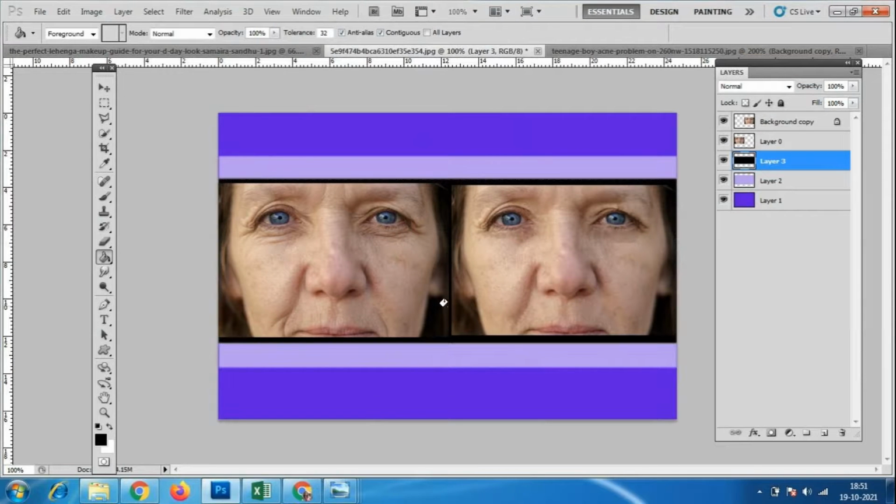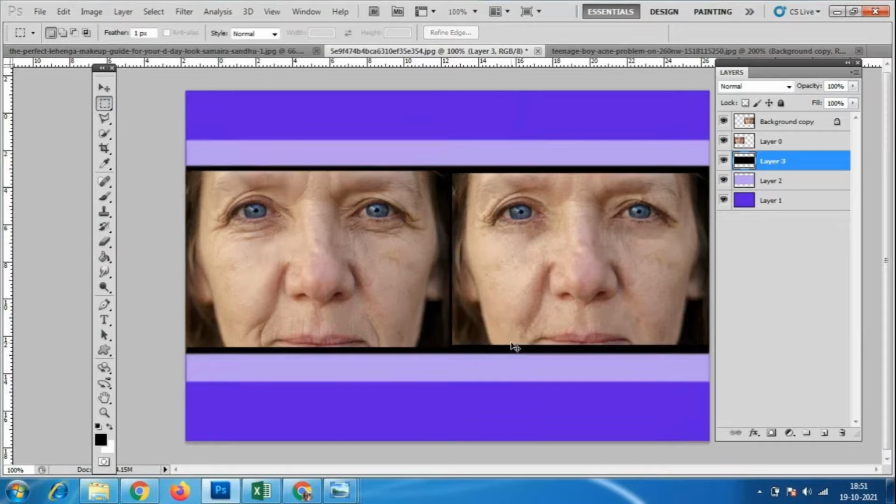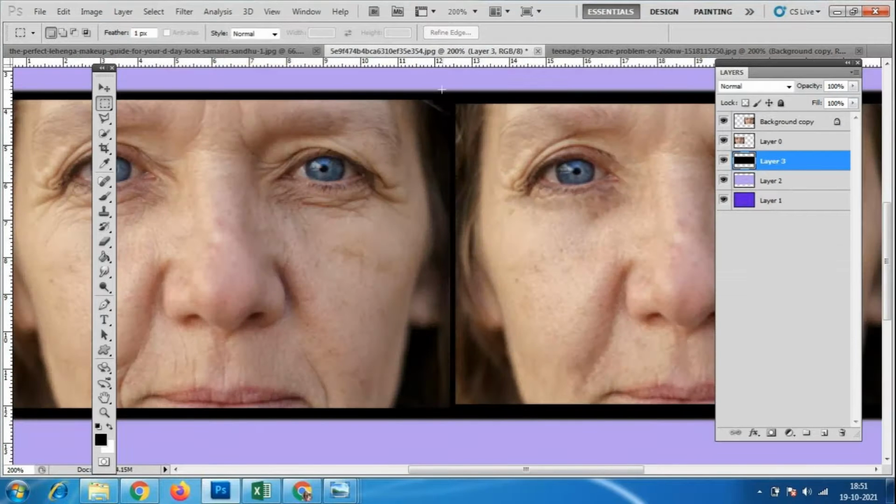In between, if you have to add some color, I'll go to this rectangular marquee tool again. In between I have to add one line, so just zoom in, and for however much area you have to add a single color, again I'll go to one more layer, this paint bucket tool.